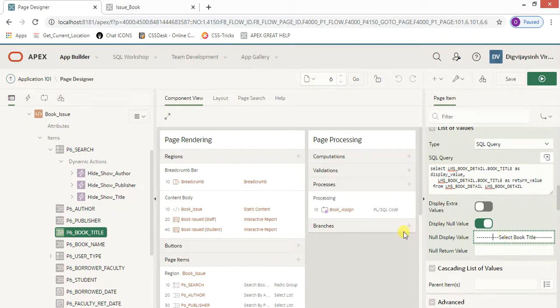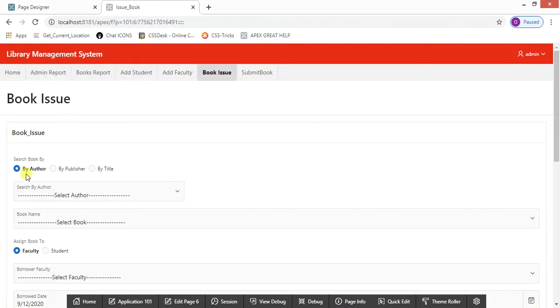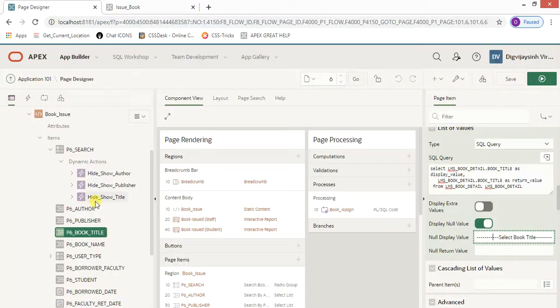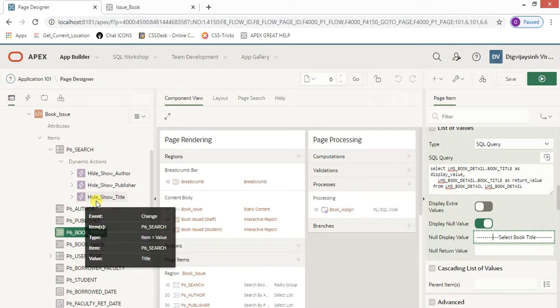Now let us understand. If I click on by author, the search by author list is displayed. If I click on by publisher, then the by author and title items are hidden. So now let me show you how it can be done.